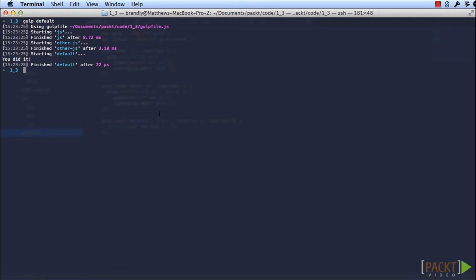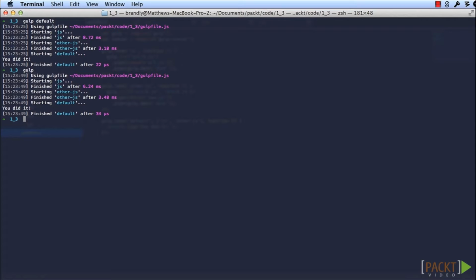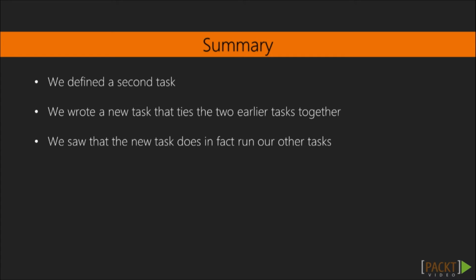Default is special because you can just run gulp and it'll look for a task called default. That's pretty convenient. So we looked at how we can define more than one task and how we can join tasks together into a more complex task. At this point, we know quite a bit about gulp. Since a default task can be called by simply typing gulp, we can run those tasks quickly,